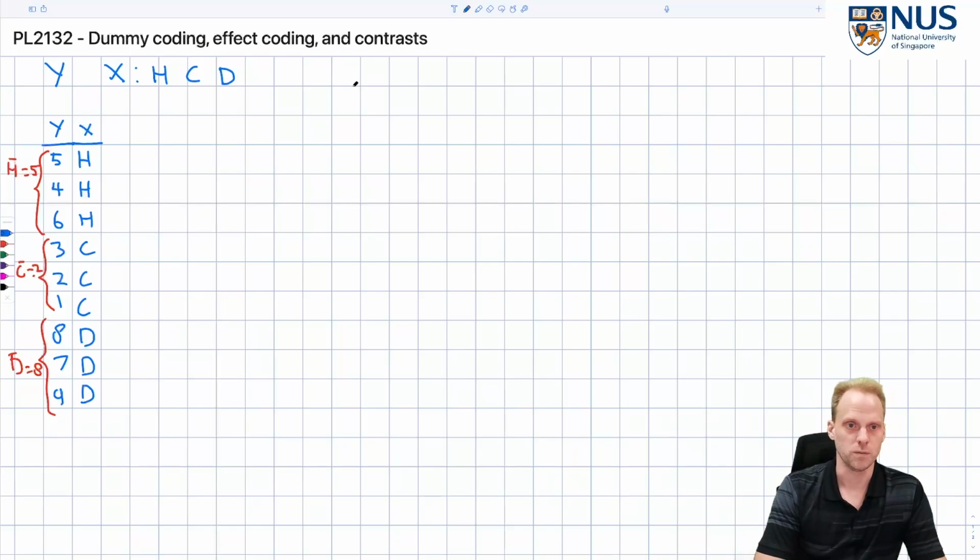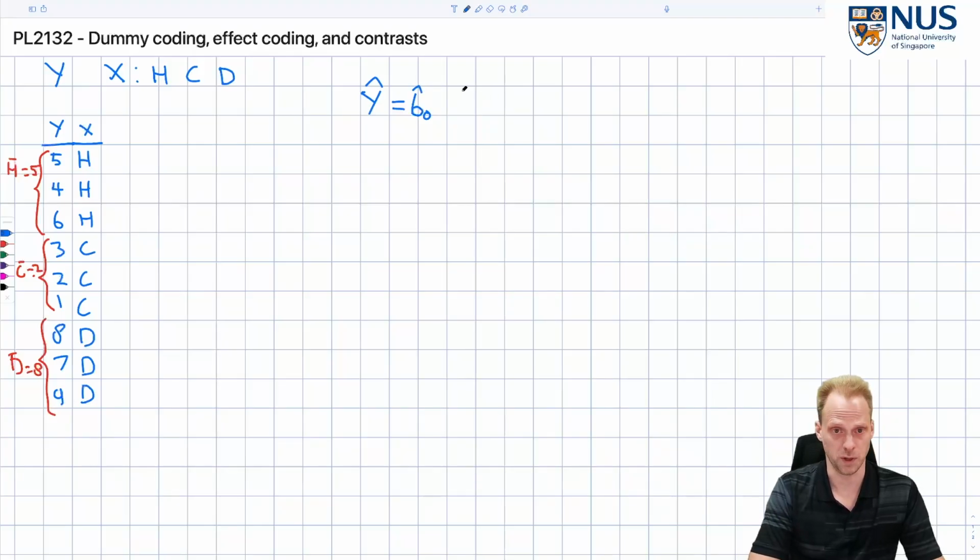So for example, my model can be y, let's say y hat, the predicted value, equals b0 hat, the predicted value for the intercept, plus b1 hat times the first dummy variable plus b2 hat times